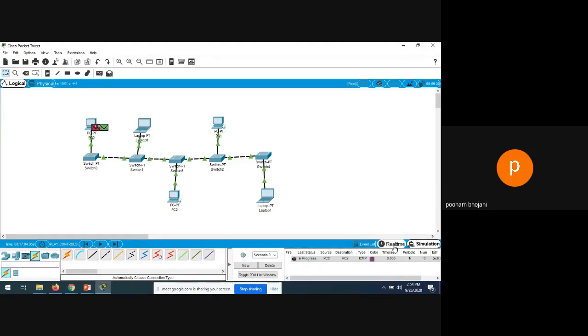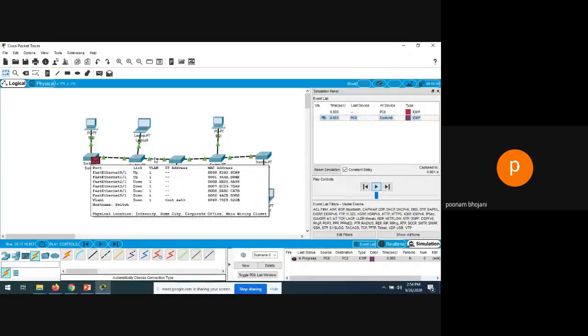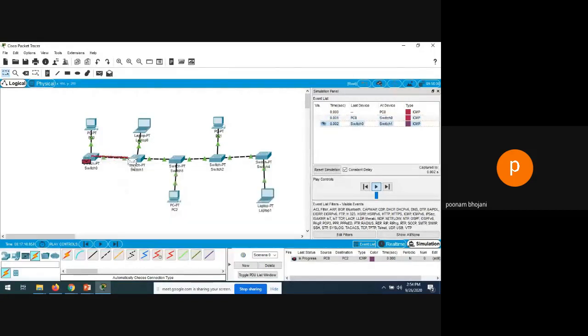Okay, and now in real time it is successful, but in the simulation I want to see what is happening, right? In the simulation, the packet will go to the switch, which knows the destination. The switch will send it directly to switch 1. Now switch 1 will not send it to the laptop, it will again go directly to switch 5, but it will take some time, see, to identify the address. Then it will give it to PC2. PC2 will give the acknowledgement again in the reverse way, but the destination address is known, so it will easily reach the appropriate destination.